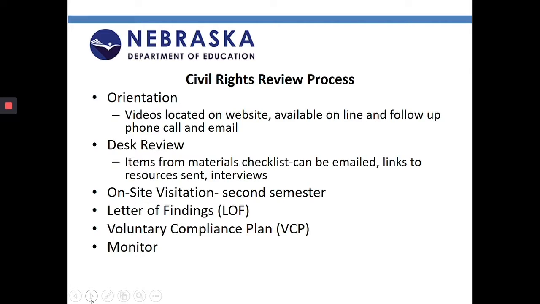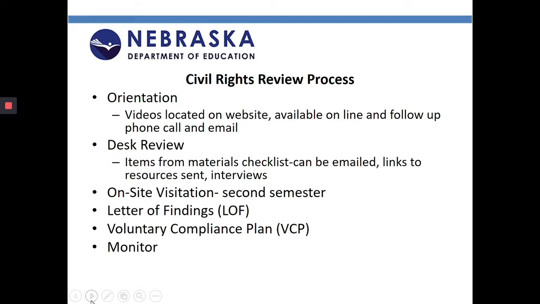Also looking for different materials that could be emailed to us or linked to us. So like different course offering manuals or different things that we would see on the website, just having that pointed out and shown to us and then sent to us rather than doing that in the actual on-site visitation. We hope that this will allow us to still meet all of those requirements, but then also make it a little bit safer environment with COVID.